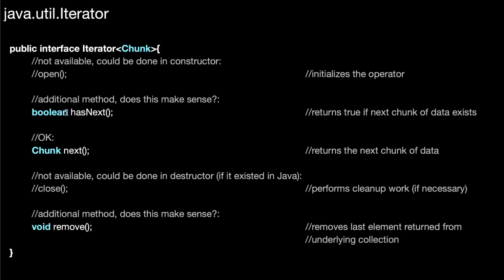So hasNext basically is a method that you can call to ask such an operator, such an iterator, whether the next call to next returns a meaningful element. So you can ask the iterator, hey, do you have a next element for me? So you call hasNext. If that returns true, then you call next, and that will return a new chunk of